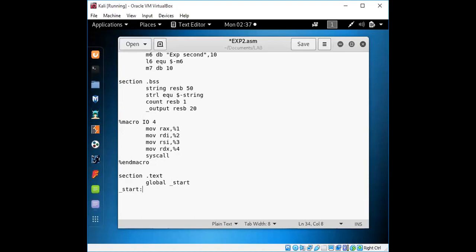Let's put start. Okay. So have the habit of indentation every time you go through the program, because it will give you an idea where the particular procedure has ended and where it has started. Okay.